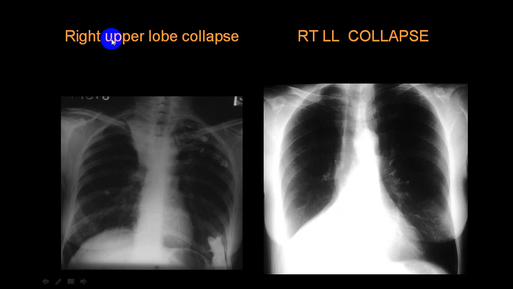Now here already it is mentioned. Now if you look properly, this is trachea, a little towards this side, and you see haziness with a sharp margin. Along with that, if you look properly, this bronchovascular marking is a little bit pulled upward, and even the diaphragm is a little higher up.